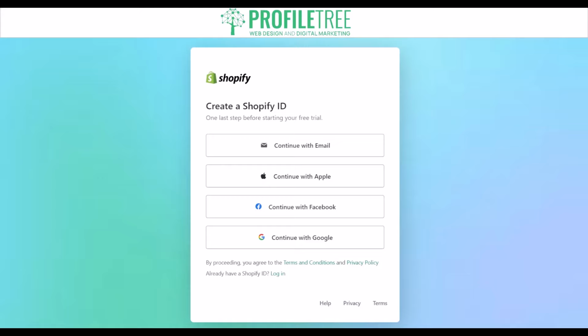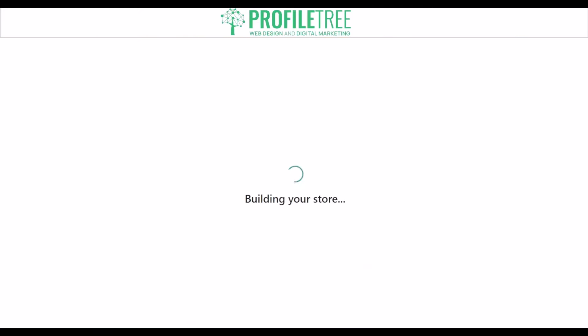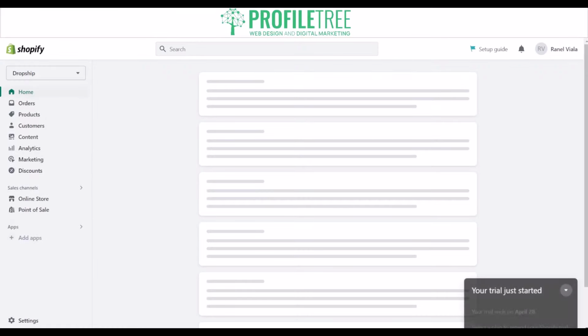Once you've answered some of those questions, you'll be asked to create a Shopify ID. Now you can go ahead and continue with email, Apple, Facebook, or Google. So pick the one that suits you best. Now once you've created your ID, you're going to go ahead into the screen and it'll build a store for you. It takes a couple of minutes here. Shouldn't take too long. But pretty much this platform is, as I said, more focusing onto the e-commerce side